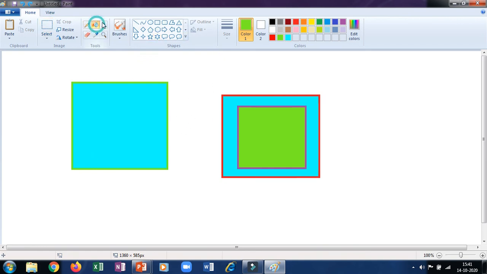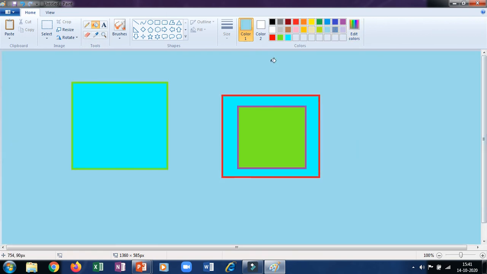Let us color the full drawing area with this color. Now let us use the select tool, that is the rectangular selection. Select any part of the drawing and then move it. This way you can move. Now this is about the rectangular selection. Now let us take the freeform selection. With freeform selection, as you draw, it will be selected that way. Now I will move it. So this way you can use the rectangular selection and freeform selection.